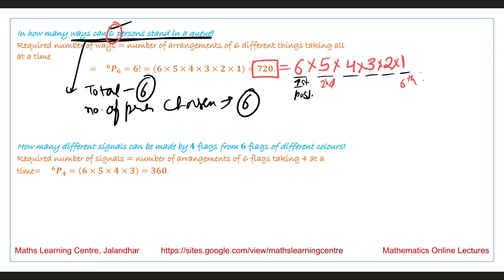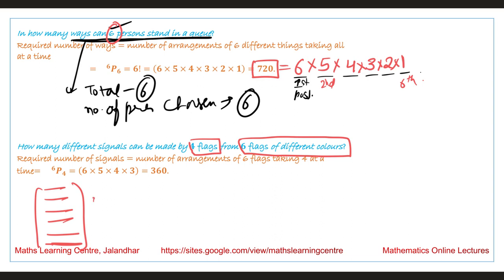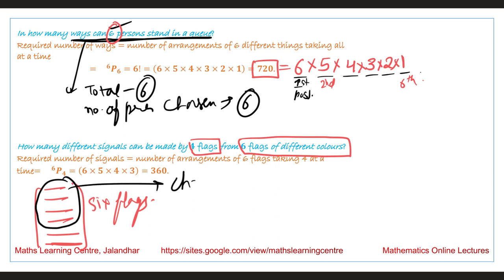Next is how many different signals can be made by 4 flags from 6 flags of different colors. So we have 6 flags of different colors. Out of these 6, we have to choose any 4 flags. So the number of ways we can choose is 6P4,